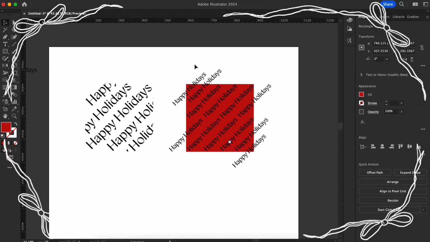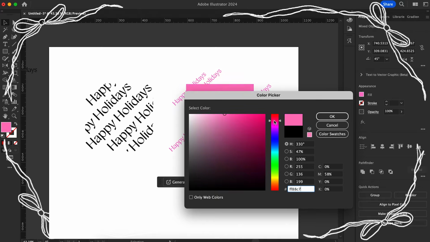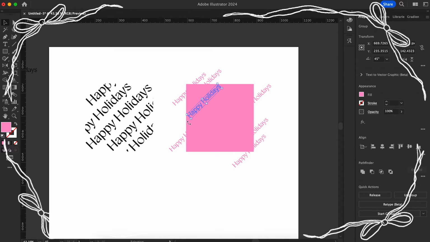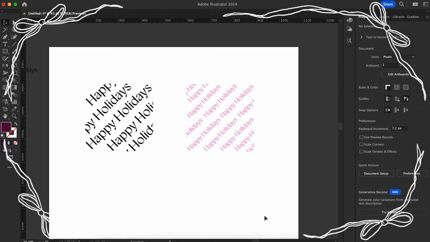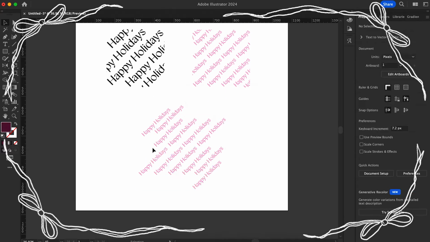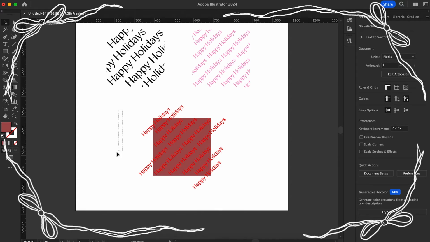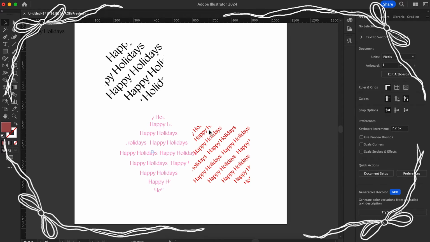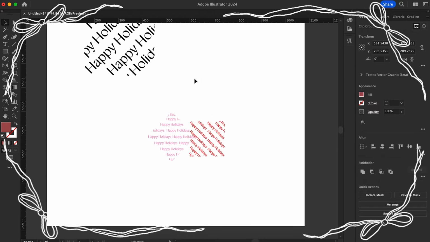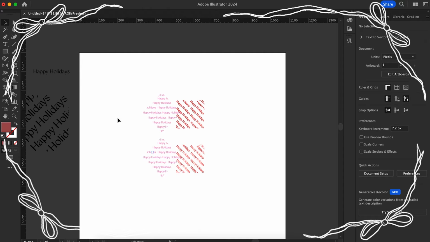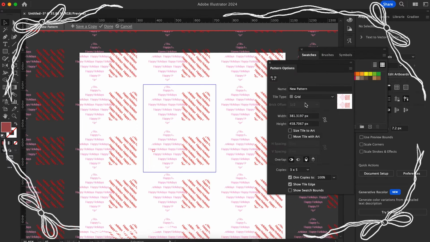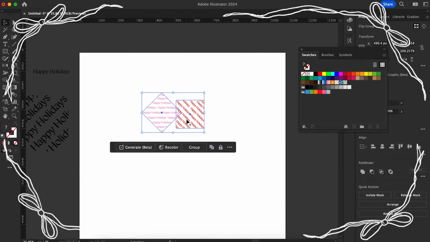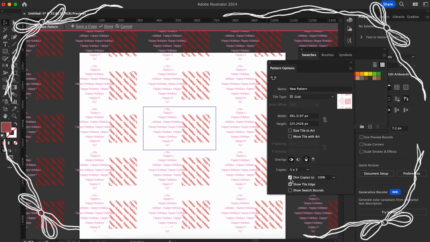So what I did for this was I created my own little type pattern and then did a clipping mask. When you do a clipping mask, you are highlighting everything and then bringing it into the shape you want. So that's what I did there. And then that was where I started creating the pattern. So this is me figuring out if I wanted to angle it differently or change up the direction of the type, but I ultimately decided that I liked this shape of the square on its side and then the square. And so this is where I created a pattern and I started moving things around and thinking,